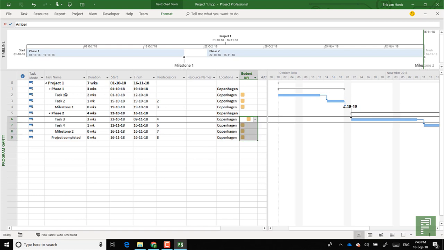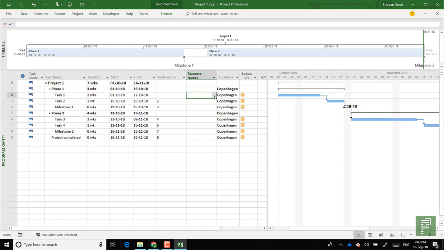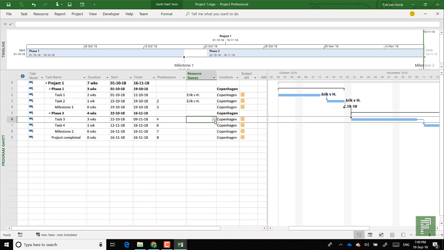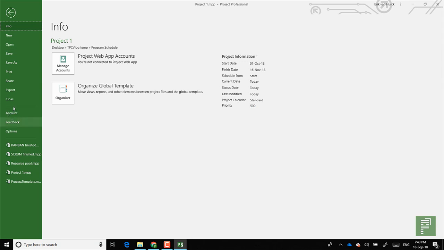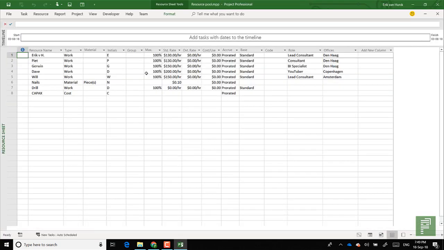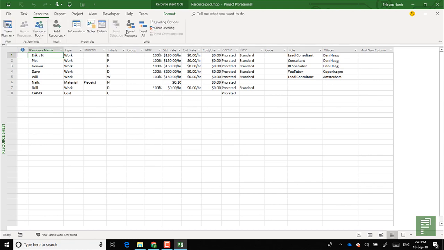So now we can add some resources to task 1. So let's have Eric here, and let's actually assign Eric to every one of these tasks and see what happens when we save the project file and when we close it. We are actually back in the resource pool file, and what we can see here is that if we open up resource information now,